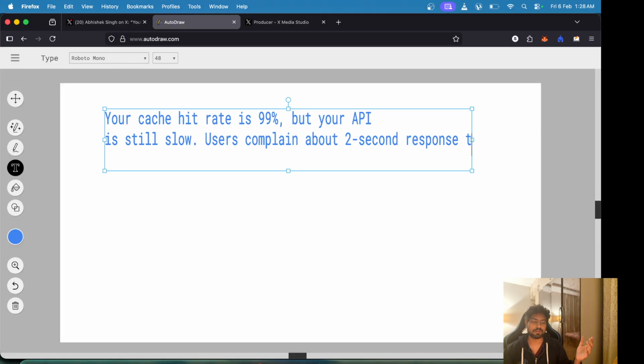So we want our database to be as fast and as available as possible. First of all, one thing is connection pooling.